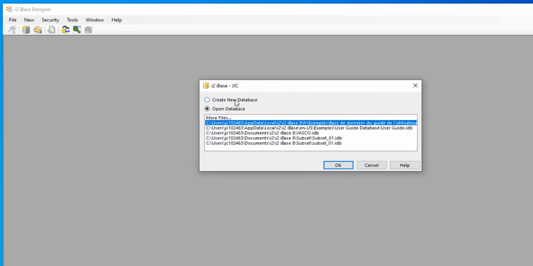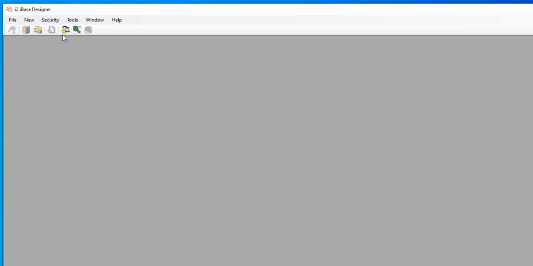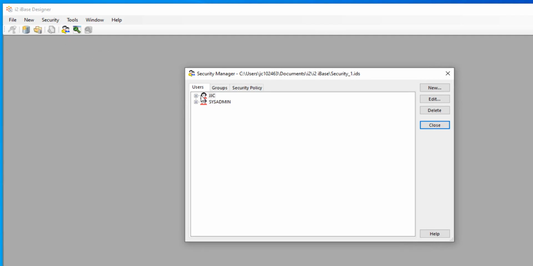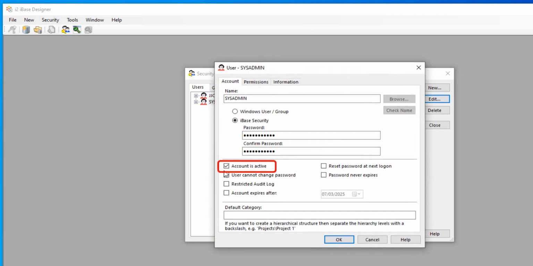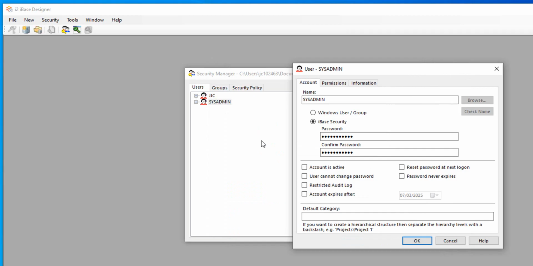It asks me if I want to create a new database or open a database. Up to now, I don't want to create a database, so I just click on Cancel. Because what I want to do is I want to disable the SYSADMIN account. So I go here on Security Manager. Here I have the two users, my user and the default SYSADMIN account. So I click SYSADMIN, I click on Edit, and I will disable the SYSADMIN account. I disable this account because it's a default account and it's best practice to disable this account. Of course, you must disable this account after you have created your own